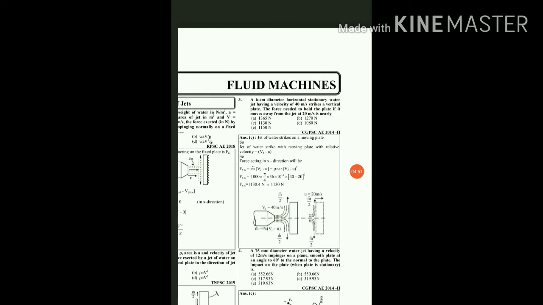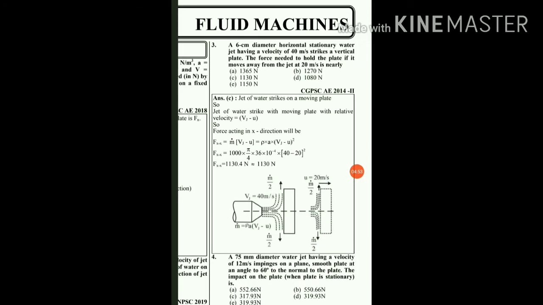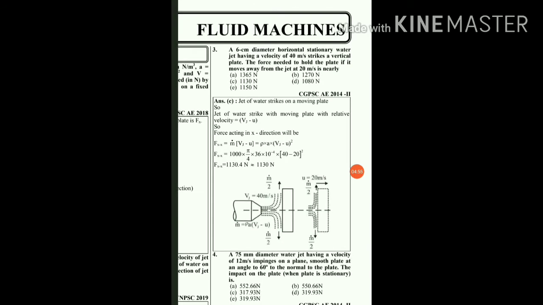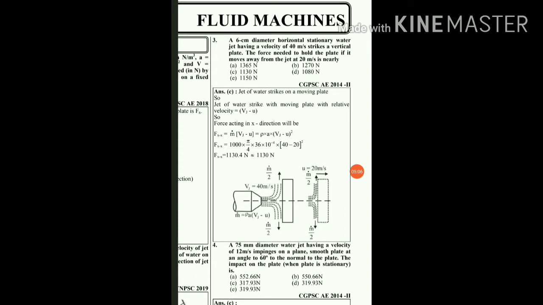So here option B will be the right answer. Then question number 3: a 6 cm diameter horizontal stationary water jet having a velocity of 40 meter per second strikes a vertical plate. The force needed to hold the plate if it moves away from the jet at 20 meter per second. Now this is the case where